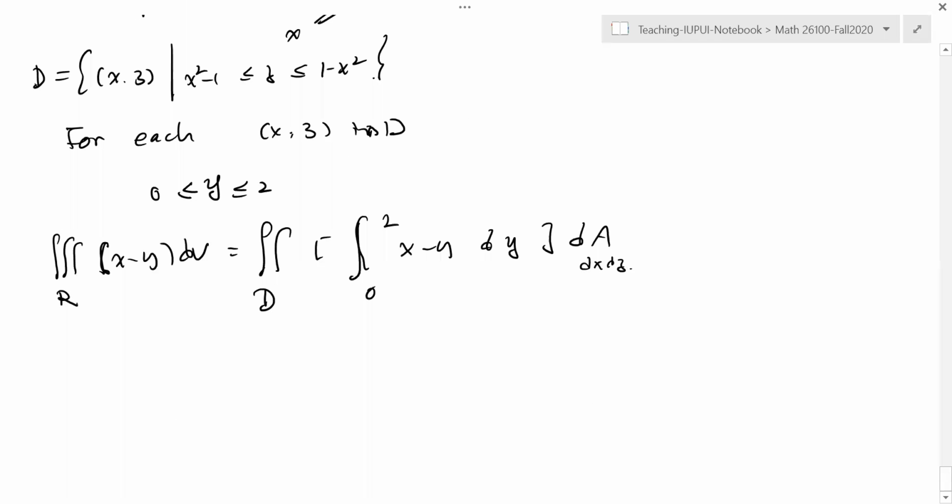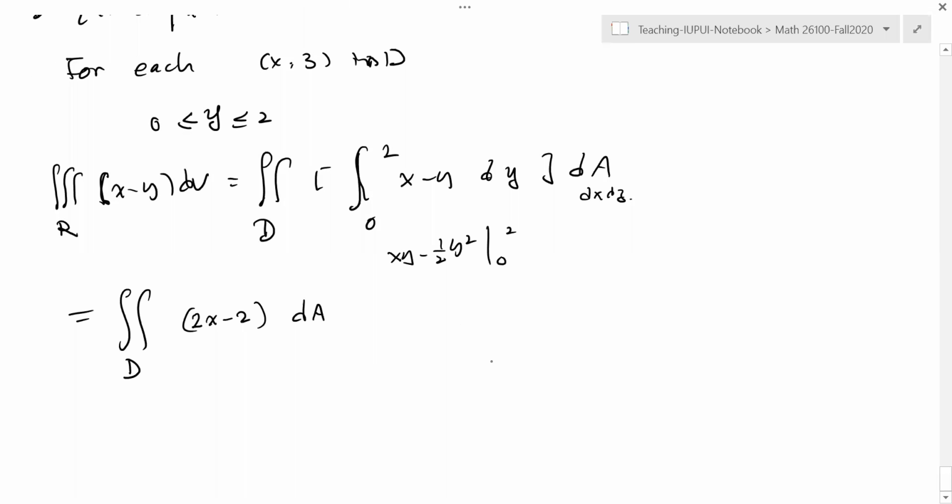Okay, so this is the first one. After you evaluate this single integral, it will be xy minus half of y squared, evaluated at the two endpoints. Then I get 2x minus 2, I think, since 2 squared over 2 is 2. So that is a dA. Now you just focus on this